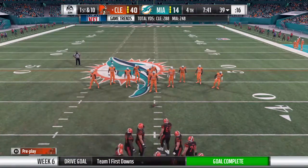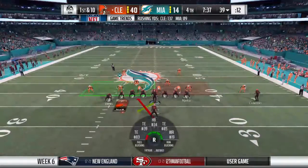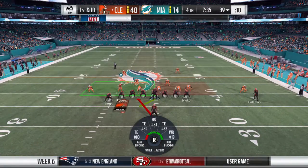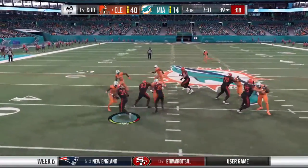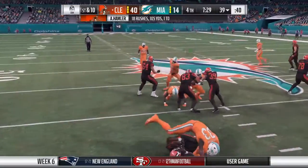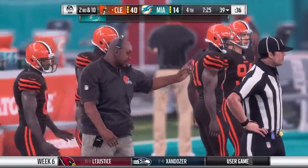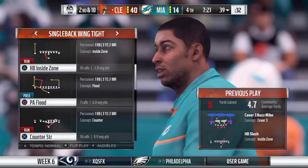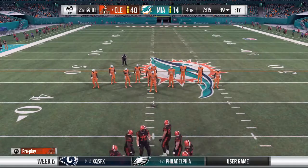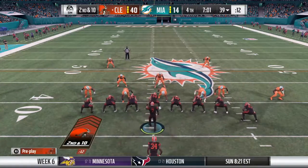So the run gets them the first, and now they operate with a fresh set of downs. And he'll give it here to his running back. And for one of the first times tonight, he's going to be held up at the line of scrimmage. No gain on the play there. Second down. Run blitz there defensively, something we might see more of here in the fourth quarter. I think we'll see a lot of it, and the difference between that and a